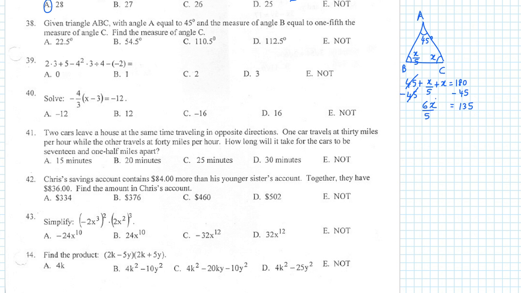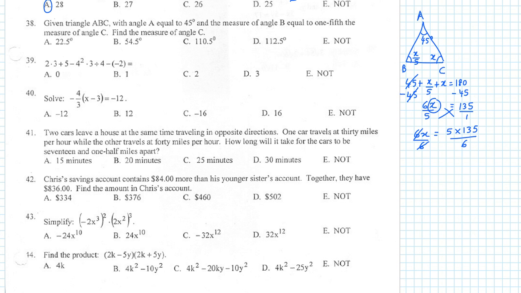So now we are interested in this x. So what we can do, we can cross multiply. So 6x times 1 is 6x. That's equal to 5 times 135. And then we can divide both sides by 6 to find x. So if you divide 135 by 6,